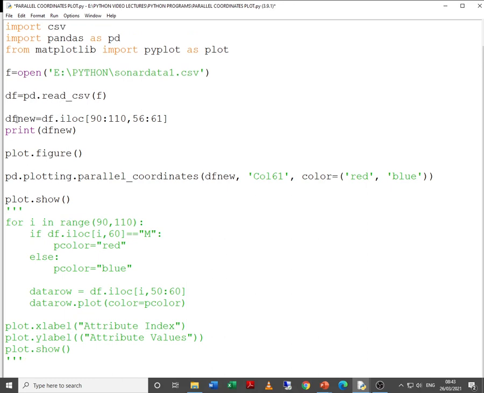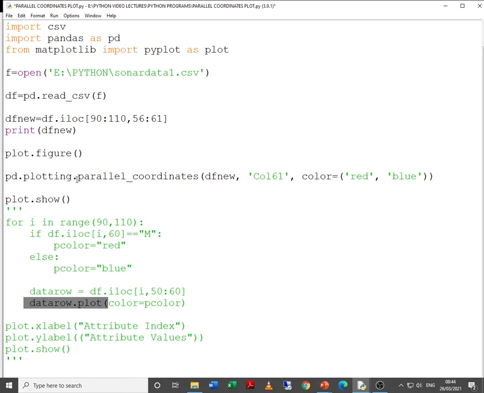Now I am taking another data frame where I am storing some data in it, and this time I am using the pandas method. Last time I used the plot method, which is part of matplotlib. Right now I am using the pandas method, so yes, a little bit of change will be there in the sense of which methods you are using from which module.